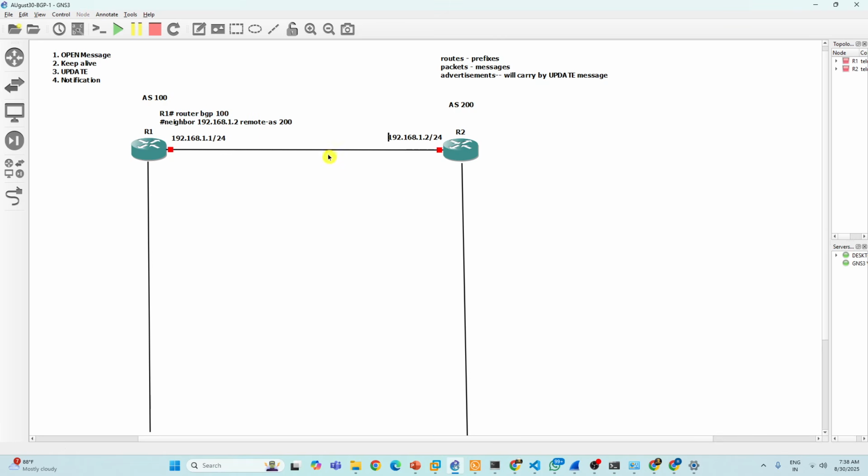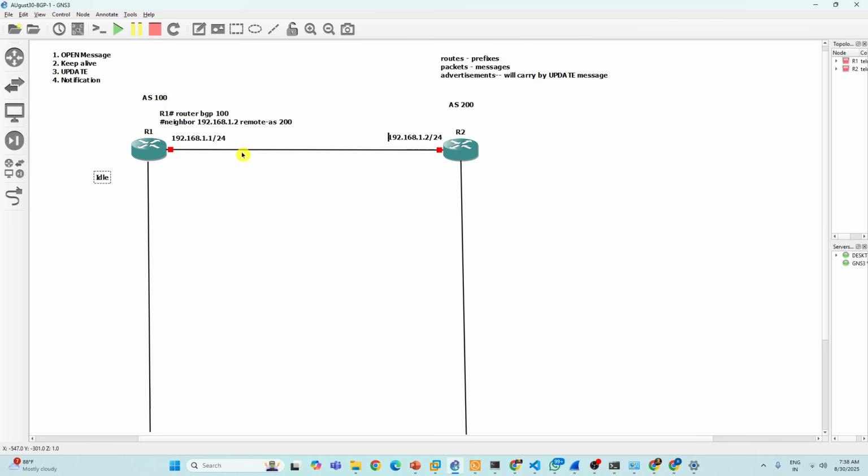Now once you initiate this configuration, what will happen? BGP uses TCP, so first it will establish a TCP connection by doing the three-way handshake process. First, BGP will be in idle state.